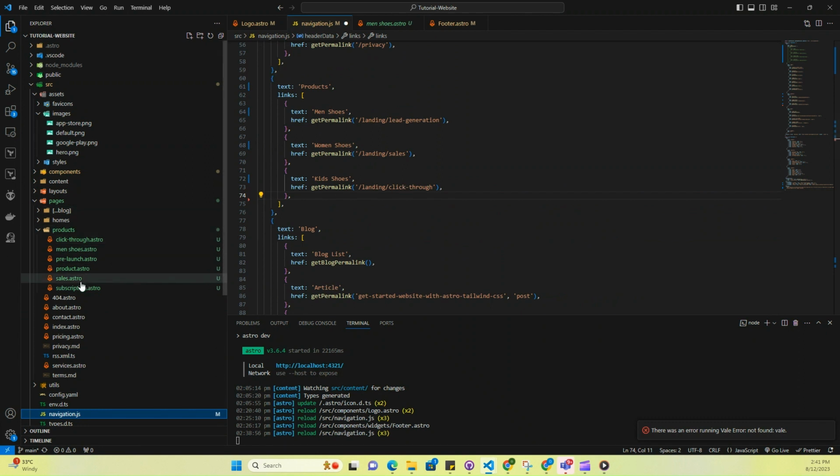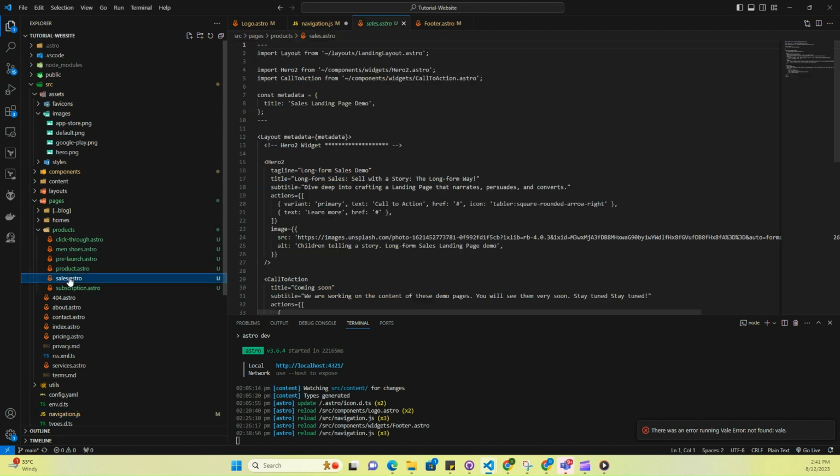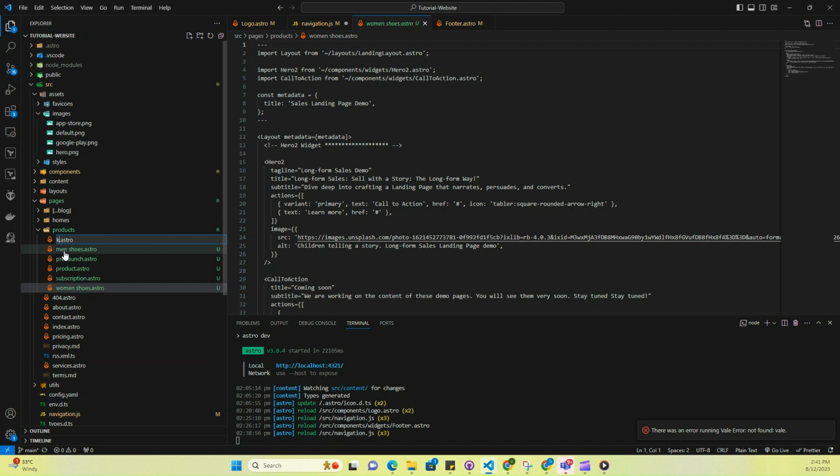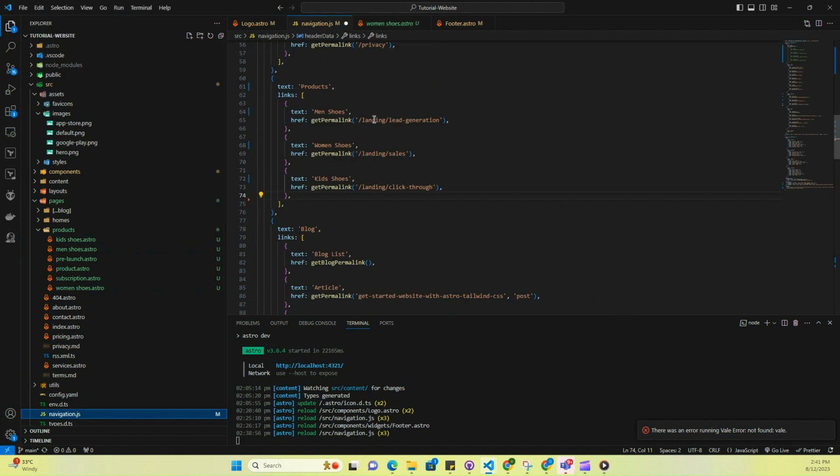Sales and click through. Sales is for women, click through is for kids. So I'll just rename this one to women shoes, click through, rename kids shoes. I'll go back to navigation.js and I'm going to change the directory from product lead generation to